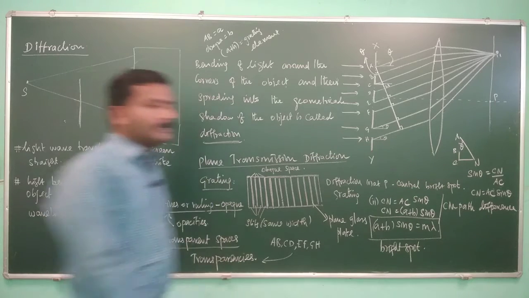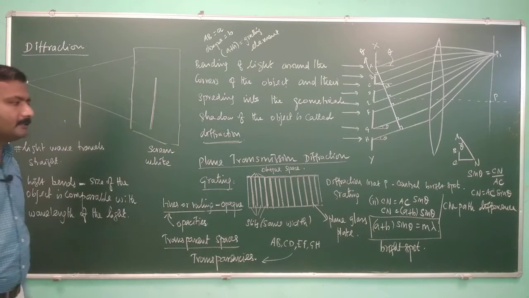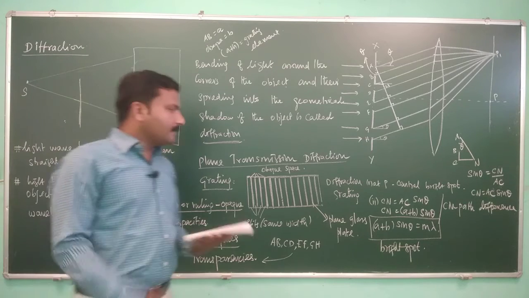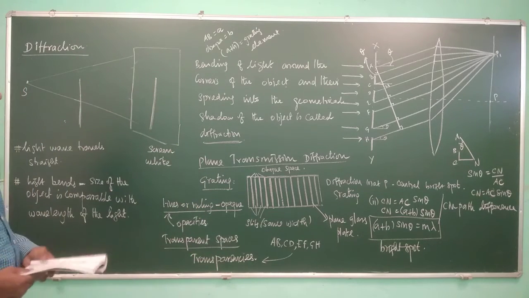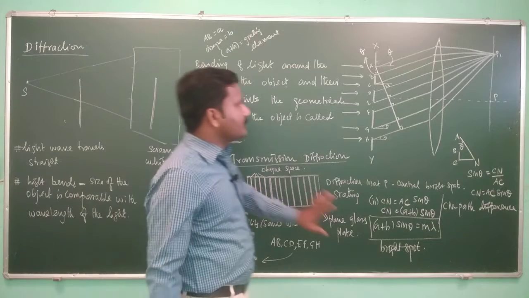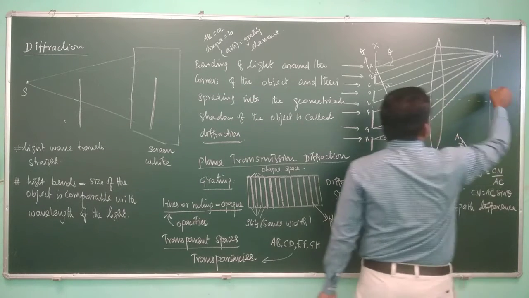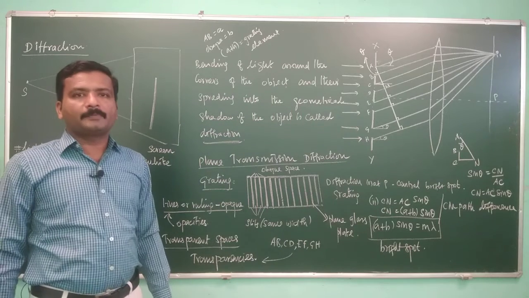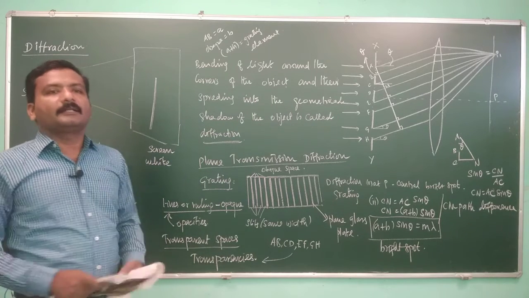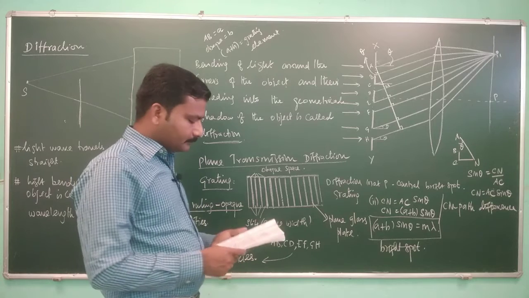Then we can expect a bright spot where m runs from 0, 1, 2, 3, 4 and so on. That is, (a plus b) sin theta is an integer multiple of lambda. Lambda is the wavelength of the incoming light ray. Under that condition, wherever from P2 towards P1 this condition is satisfied, there we can expect a bright spot. In all other cases, the spot will be dark or less bright.